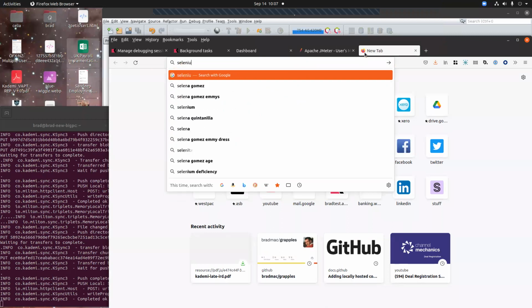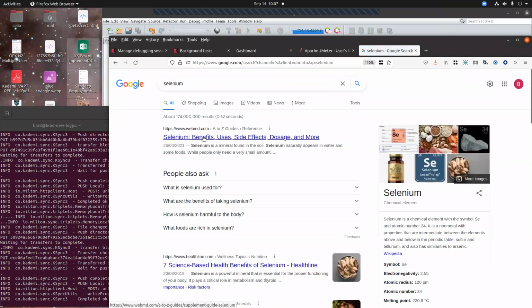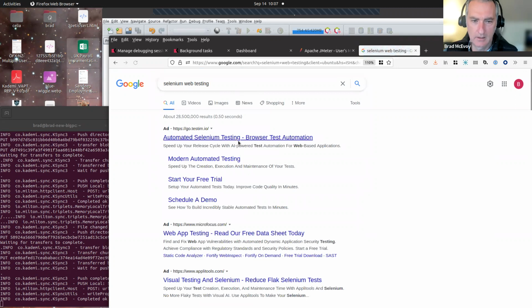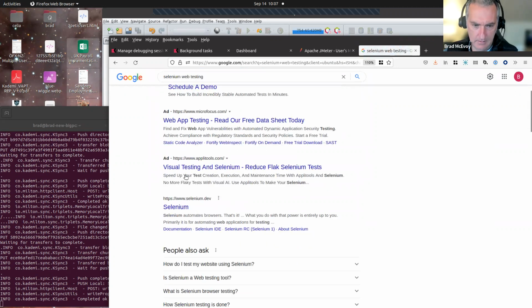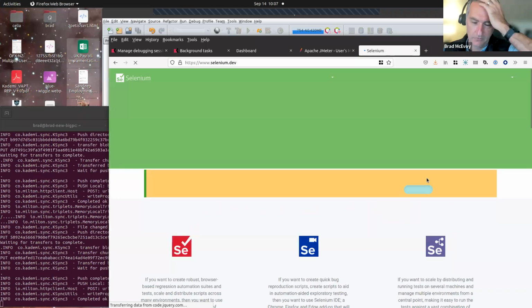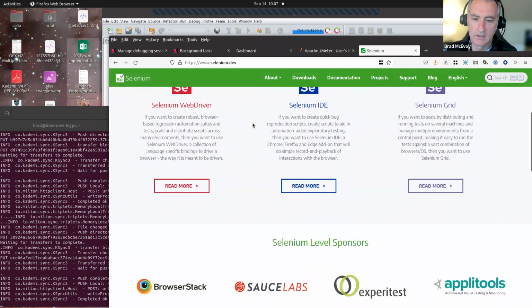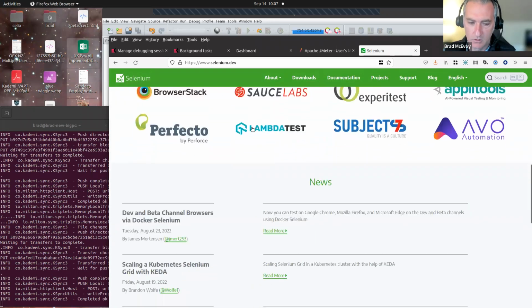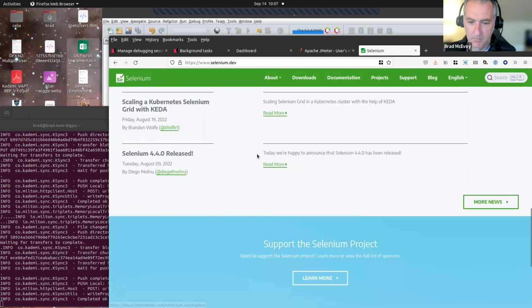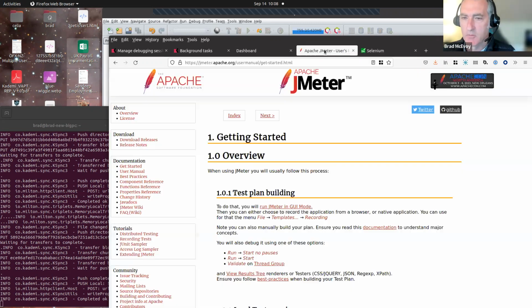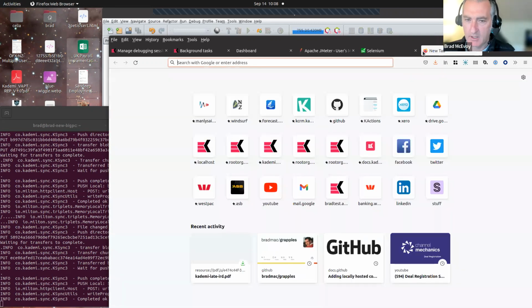I think Selenium. Okay. Selenium web testing. Yeah, I think this is also a free and open source tool. This one's a lot more powerful, but it also takes a bit more knowledge to drive it. This is actually what Kademi's QA team is using for our internal testing. So my suggestion, if you're not sure where to start, probably start with JMeter,